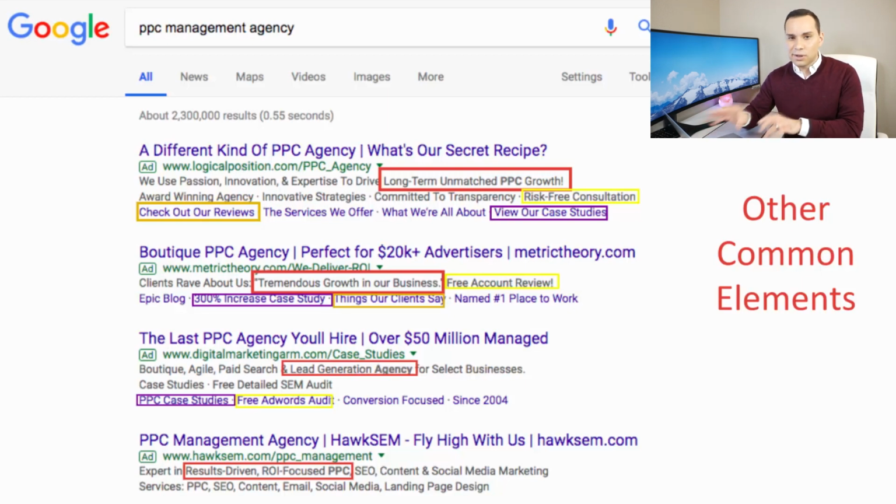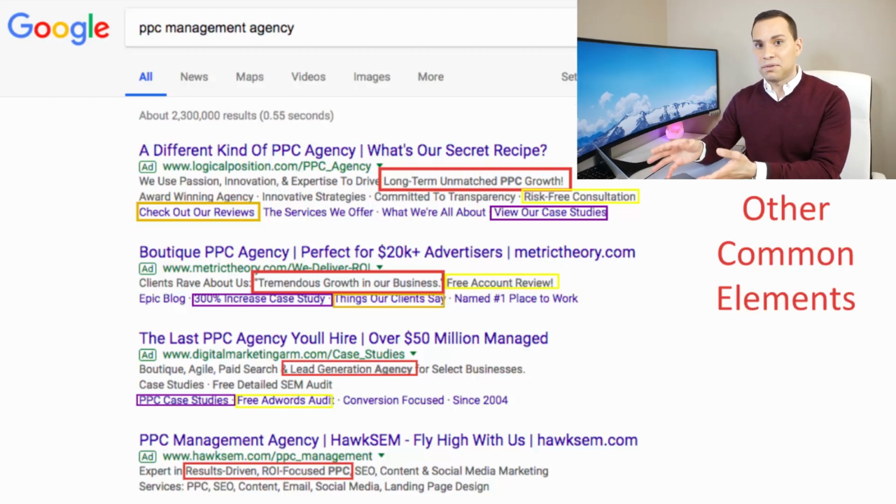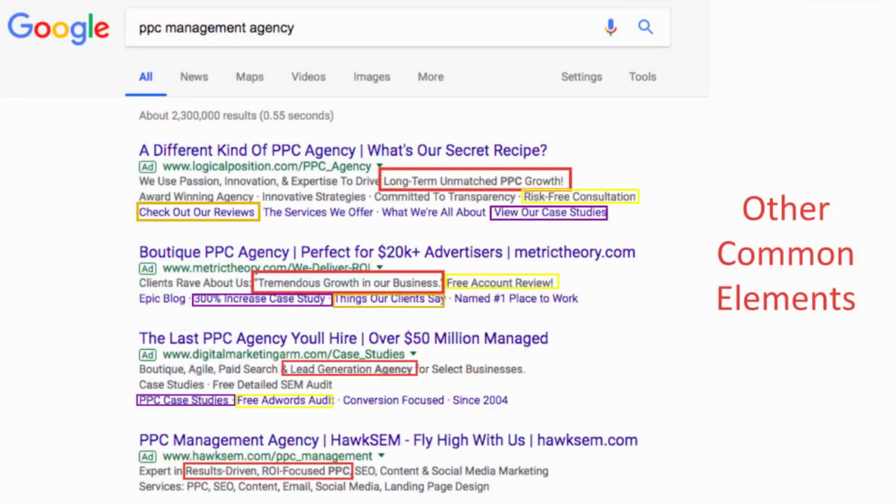Now, something that's very interesting, if we're looking at this and it's offering a free AdWords audit, now it's Google Ads, it's a little old of a screenshot. What this actually tells us is that most of the people who are searching this already have an account. And so you can actually kind of infer from the ad copy what your potential customers already have, or what specifically they're looking for, or where they are in the buying path, right? These ads aren't designed for someone who has never set up an account before. If you are offering a free review, that most likely means potential customers already have an account and it's not working. So that's just a little insight into how to figure out what to put in your ads.